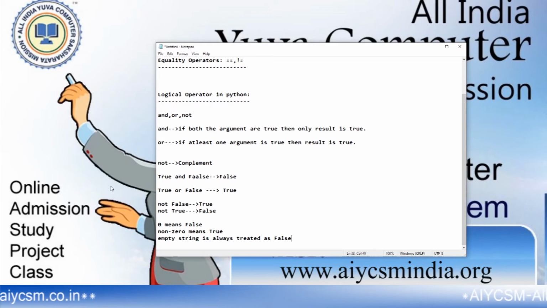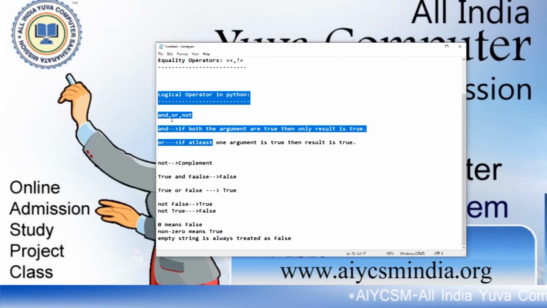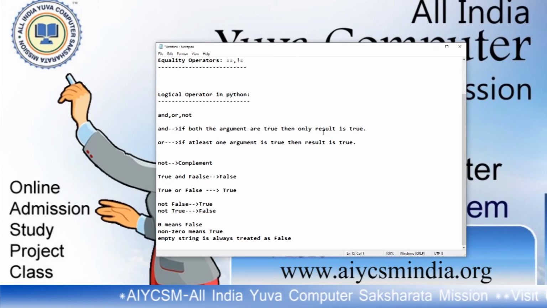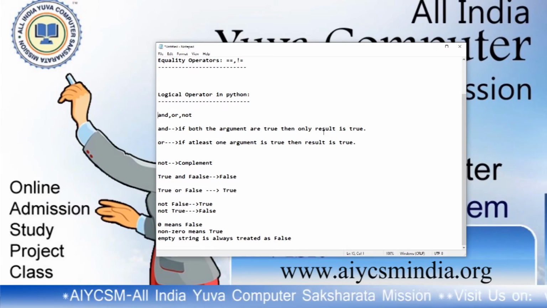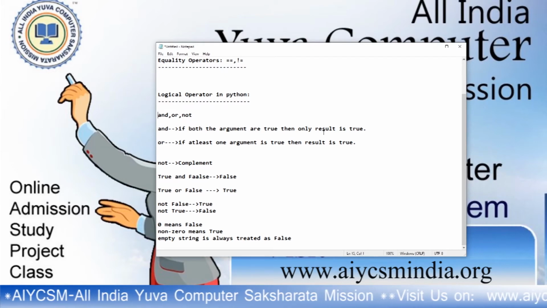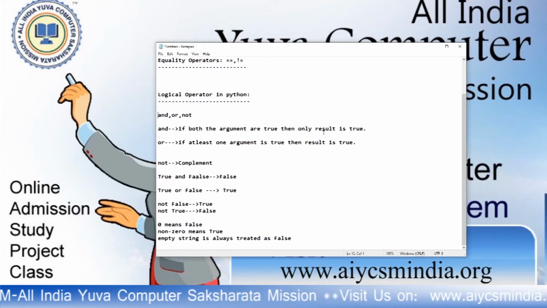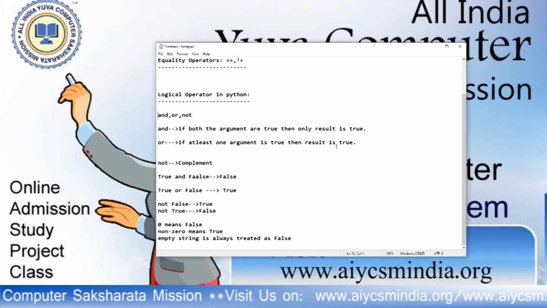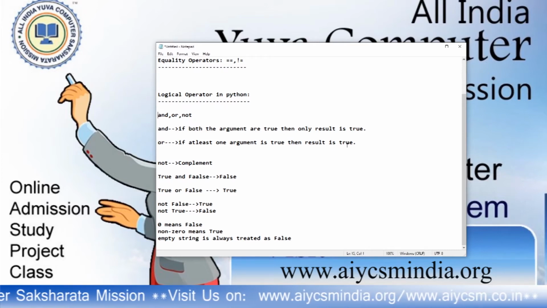These are the logic of logical operators. And, or, and not, these three are the logical operators in Python. If both of the arguments are true, then it returns true. If at least one of the arguments is true, then it returns true for or, and not is the complement.